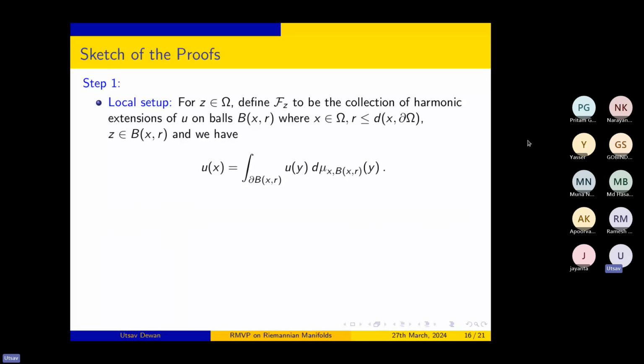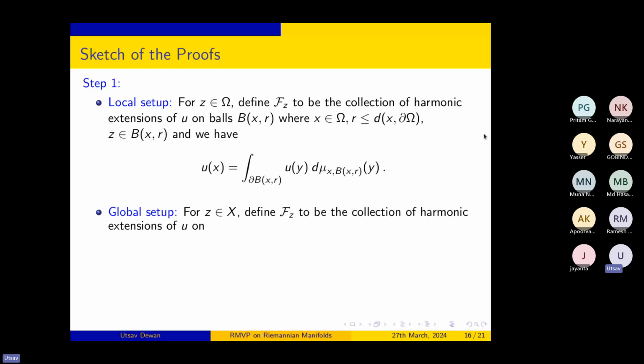So now, armed with all these results, we can finally start the sketch of the proof. The idea is very simple. We had that function u, which was continuous, bounded, satisfied the restricted mean value property, and also satisfied a certain boundary behavior. Now one would like to see whether that is actually harmonic or not. So the idea is simple. The idea is to construct